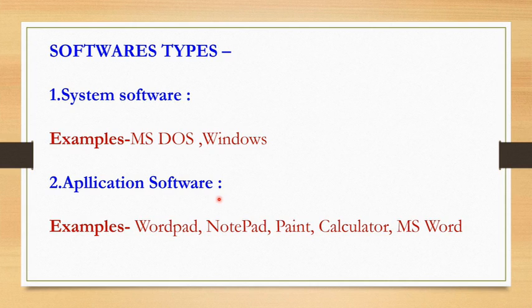Now let us study some of the application softwares. You get some programs free with the Windows operating system which are very useful for doing regular work on a computer. A group of these programs is called accessories. The Paint program under accessories is used for drawing and coloring pictures, which we have done many times. WordPad and Notepad are used for writing. Calculator is used for doing calculations, and Character Map is used for interesting symbols.